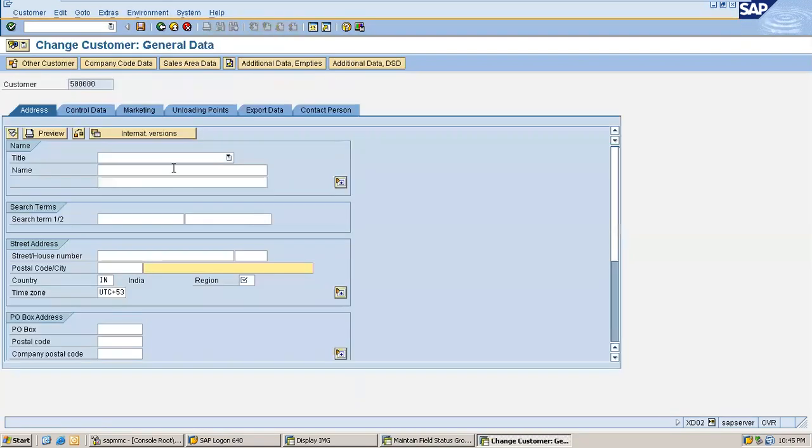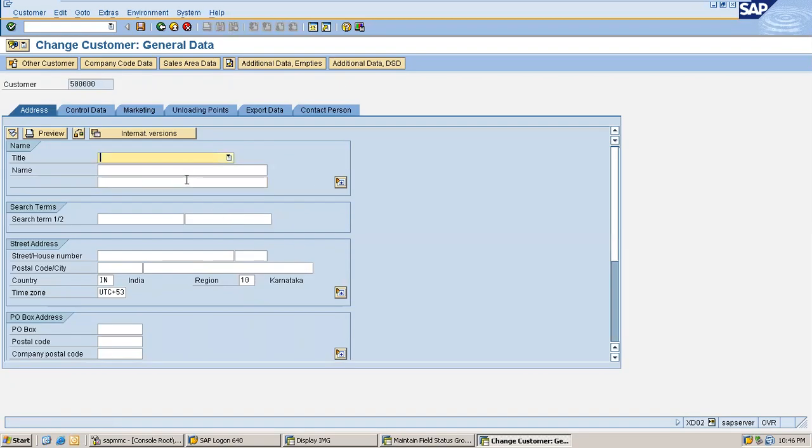Then what is optional entry? Optional entry is all these fields, whatever is in white background. You may enter, you may not enter values for these fields. The system will not check it. It checks whether all mandatory fields are filled or not. If all mandatory fields are filled, then you can proceed. So what is the use of having a mandatory field? Without entering a value in a mandatory field, you cannot proceed. You cannot save this transaction. That is the use of a mandatory field.